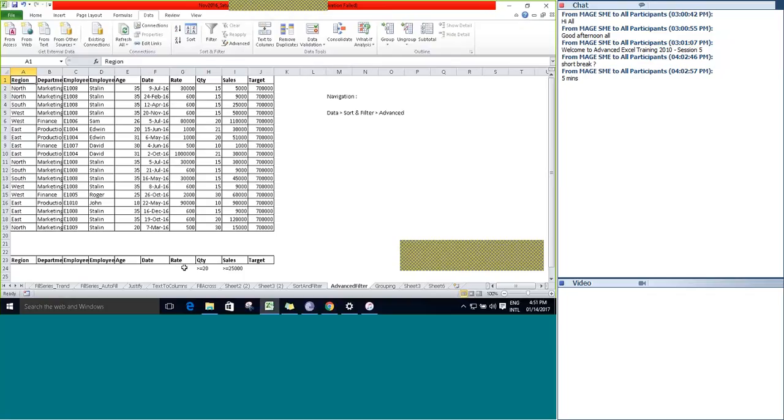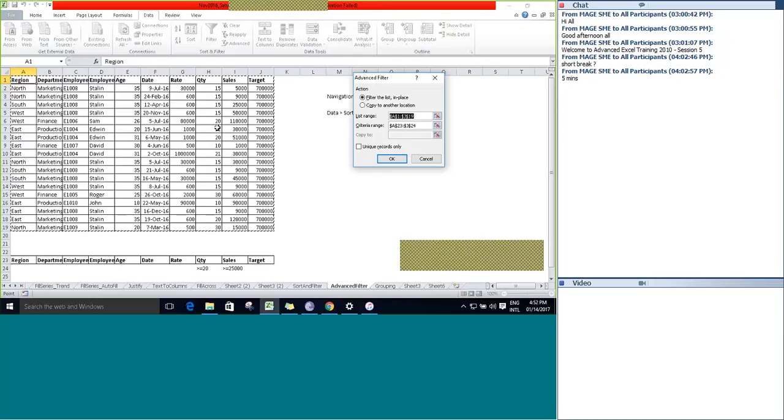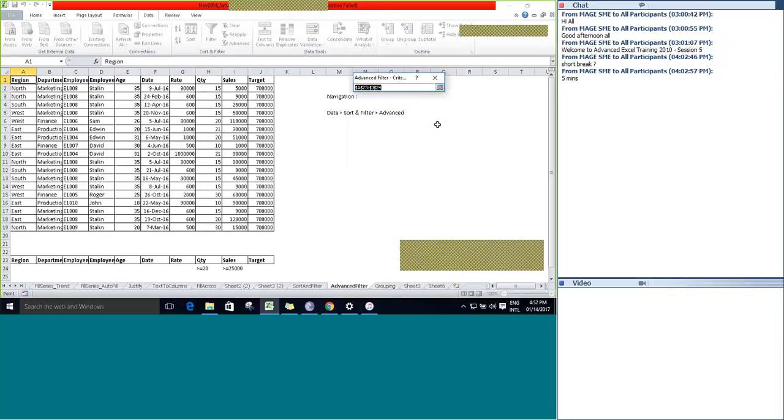Say for example, I want the data to be filtered and placed in some other location. How can we do that? Go to Advanced, list range is selected, correct, and criteria range, let's select criteria range.